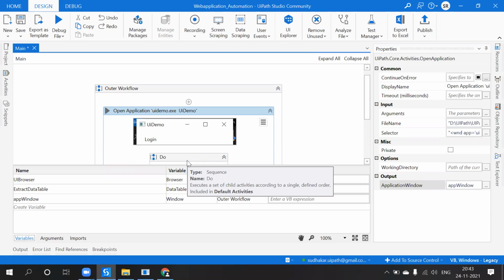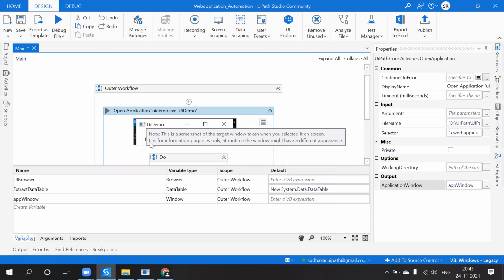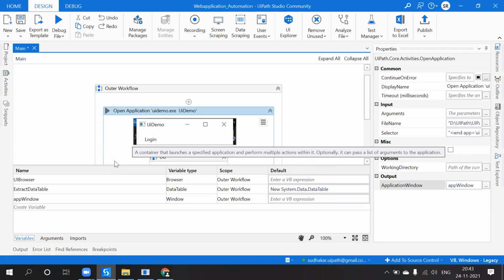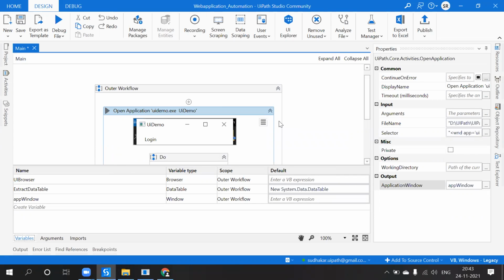For development purposes, even the application URL will not be the same. Application URL will change from one environment to another environment. In the testing environment, there is one application name, that means the URL of the application will be different. And in the development environment, there will be a different URL. And in the production environment, it's an entirely different URL. At the same time, credentials also will change.